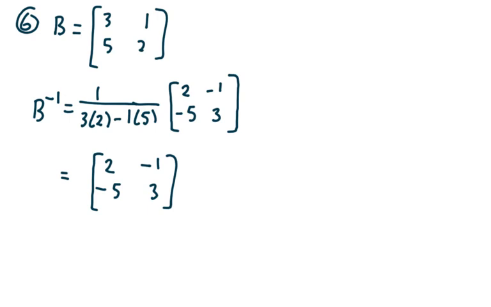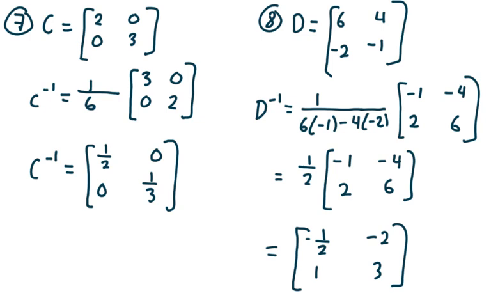Let's take a look at problem number 7. Suppose we have the following. C is the matrix 2, 0, 0, 3. So C inverse, right? And if it helps, that's a capital C, okay? So we can exaggerate that C a little bit if we need to. Now, C inverse is 1 over AD minus BC, which is 1 over 6, times the matrix 3, 0, 0, 2. And so when we simplify this, C inverse is the matrix